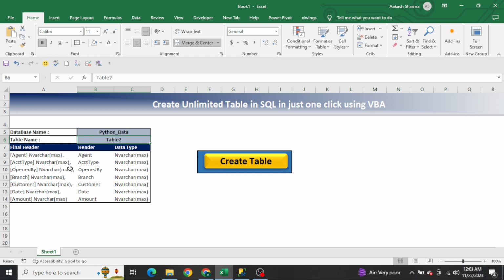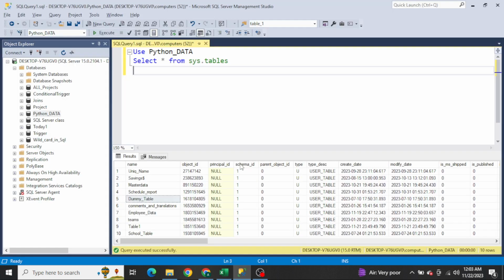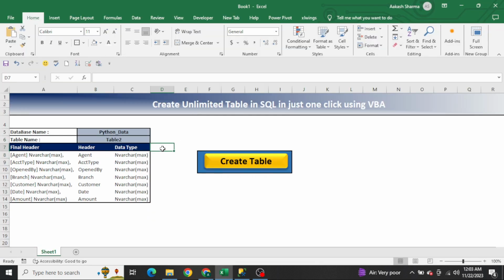So these are the headers, and these are the data types, and I want that as soon as the user clicks on create table, one table should automatically be created in this database, I mean in the SQL, right? So in just a few lines of VBA code we can develop this utility, which will be very helpful for the user, right? So let's test it. If I click on create table, now table 2 has been created,